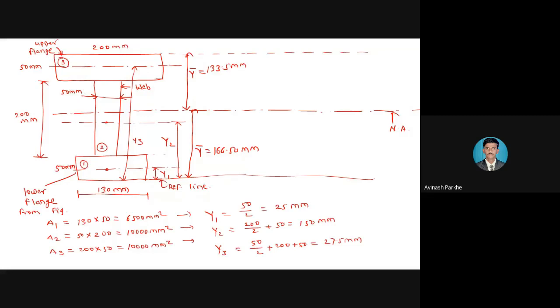And for this, I will draw the stress distribution diagram. So this is the vertical line. Now here the type of beam is not mentioned, whether the beam is simply supported or cantilever. Therefore, it is not possible to define whether tension or compression is above or below the neutral axis. But then also I can draw the stress distribution diagram. You can see at the top side this is one sigma, at the bottom side this is the other sigma, and if I join them, this is the stress distribution diagram.